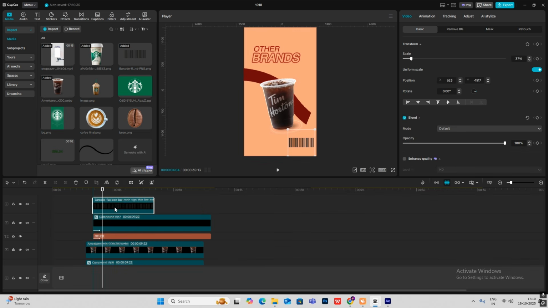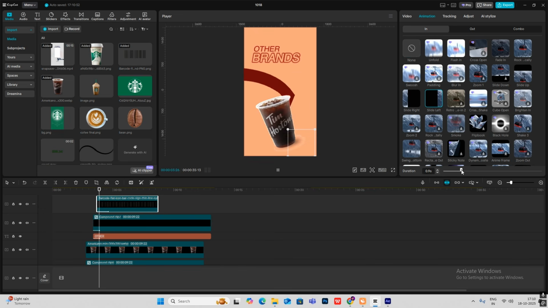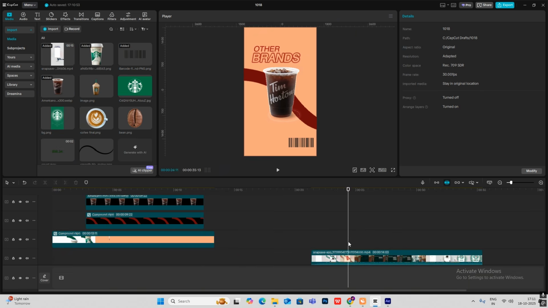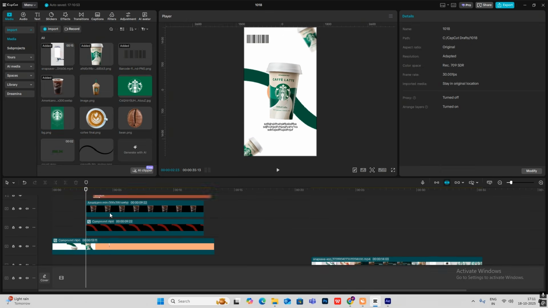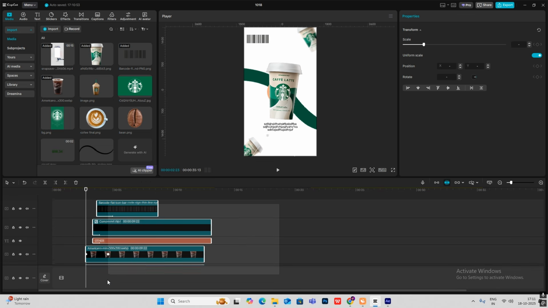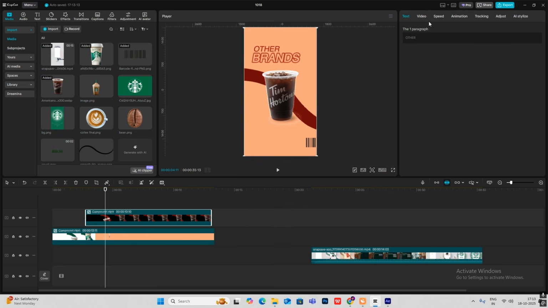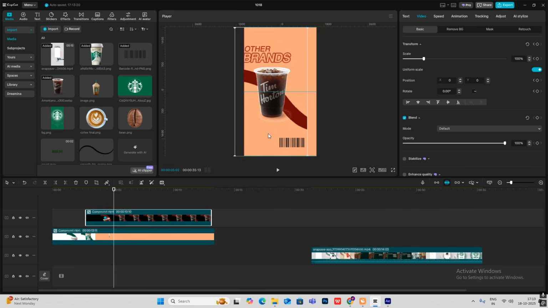And then for this, head on to animation and simply select slide left and increase the duration. Okay, so we'll get this animation. And afterwards, you can see it's going to the left and this frame is changing. So simply select the scene. Okay, hit Alt plus G to compound clip it. You have to select this transform keyframe, go ahead and drag it a bit to the left till here, hit